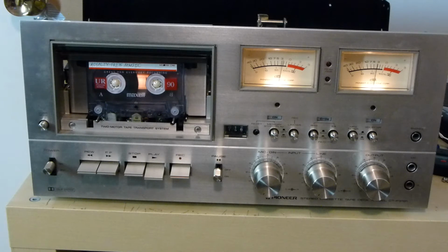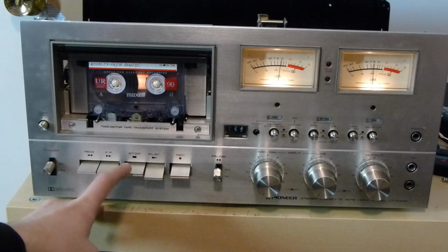Now, I suppose the use of a Max LUR doesn't really show everything this deck can do. Not to mention, I don't think I recorded it on the greatest deck in my collection either. But it'll have to suffice for now. But either way,